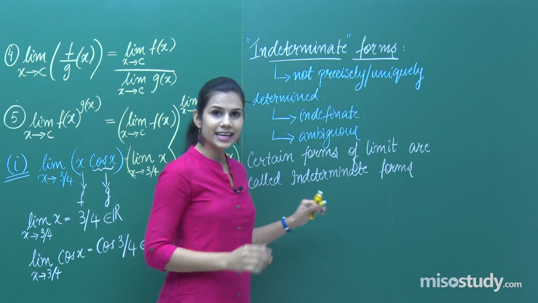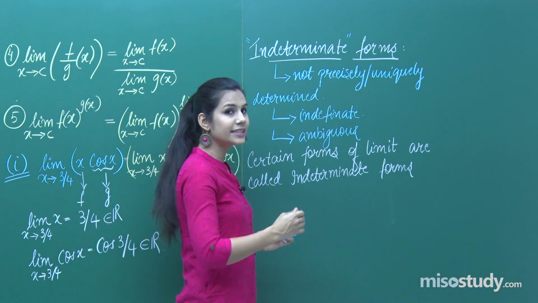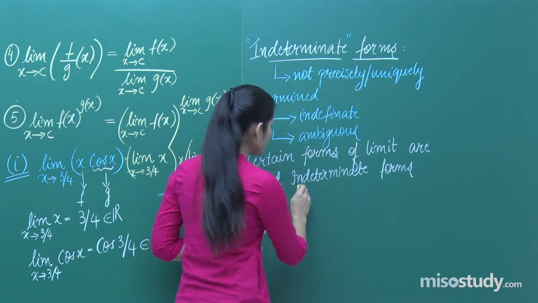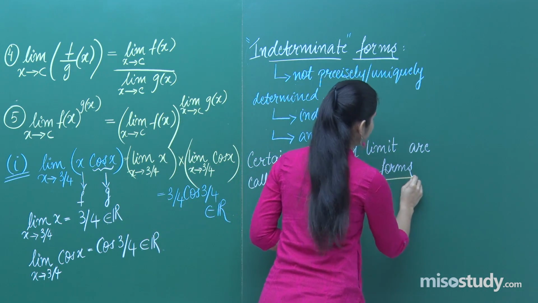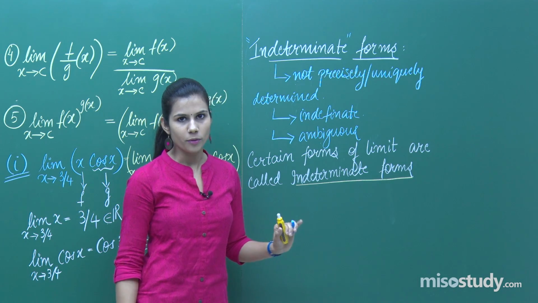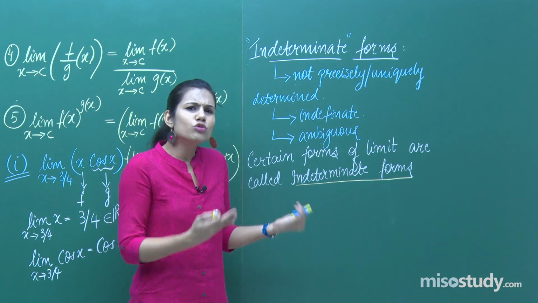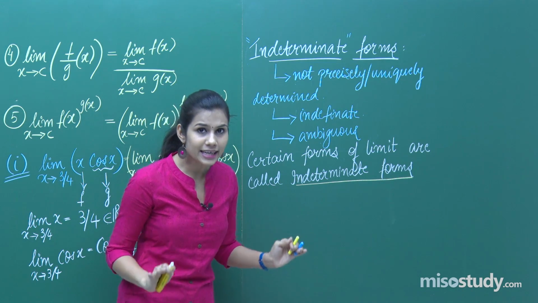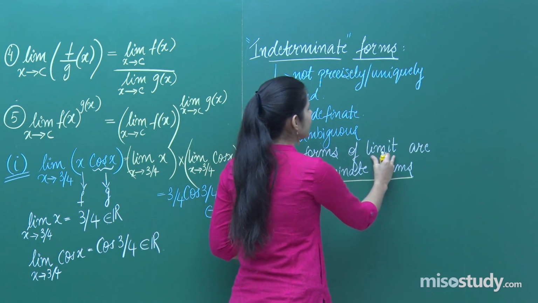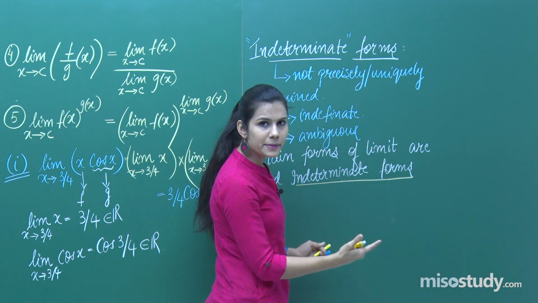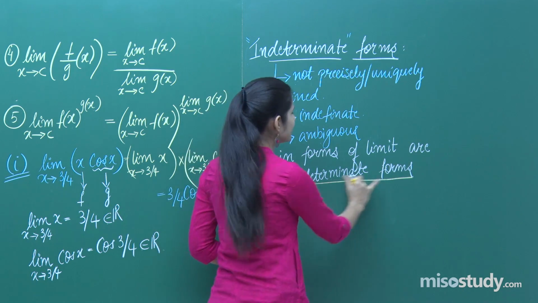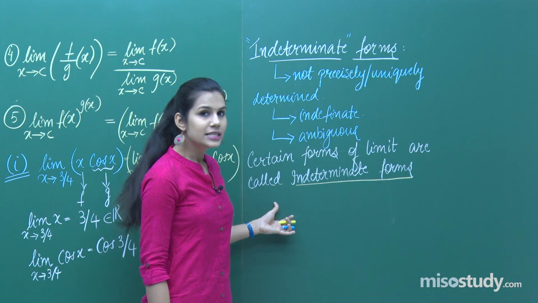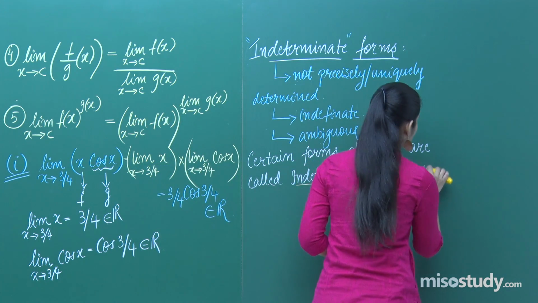That means over here, till now one thing is evident, that there will be certain types of limit, certain limits of a certain structure which will be known as limits of indeterminate form. Okay? What are those limits? How do they look like? How are we going to identify them? All those things we have to learn. But till now one thing is evident, that there will be a certain type of looking limit which I am going to declare is an indeterminate form of limit. So certain forms of limit are said to be indeterminate forms when